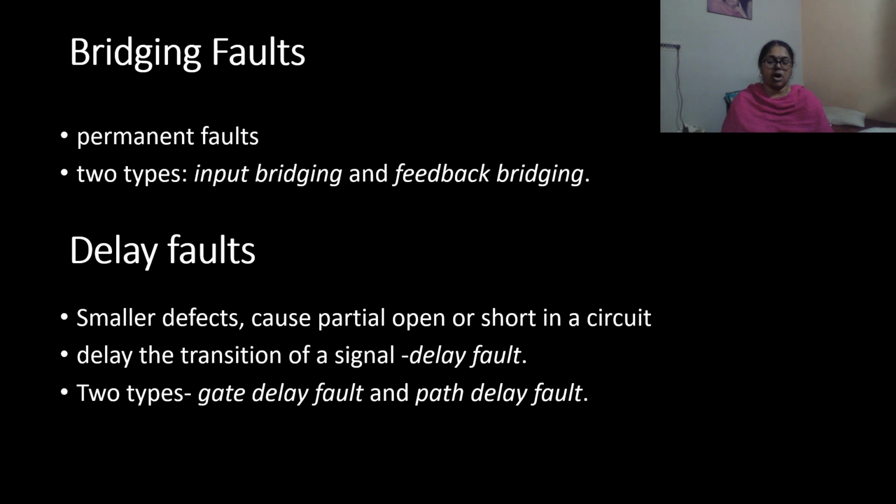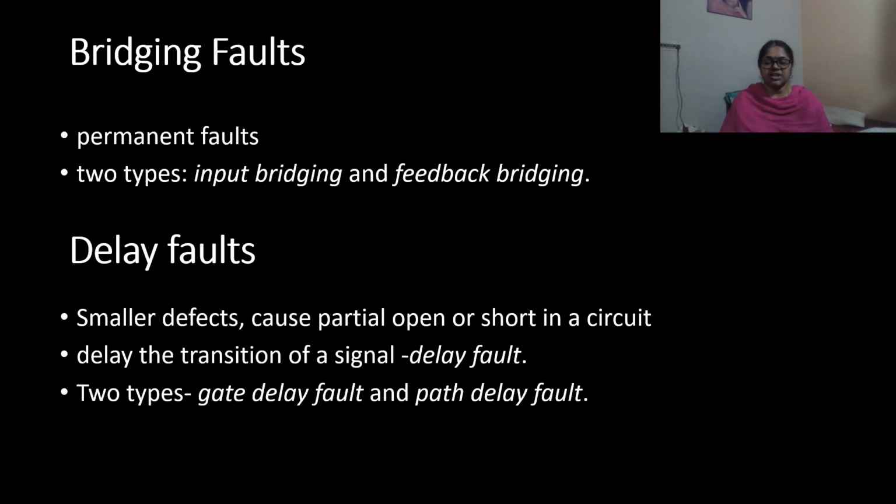Two types of delay faults have been proposed in literature: gate delay fault and path delay fault. Gate delay fault causes the actual propagation delay of a faulty gate to exceed its specified worst case value. For example, if the specified worst case propagation delay of a gate is x units and actual delay is x plus delta x units, then the gate is said to have a delay fault of size delta x.